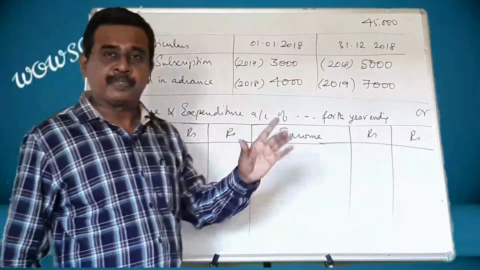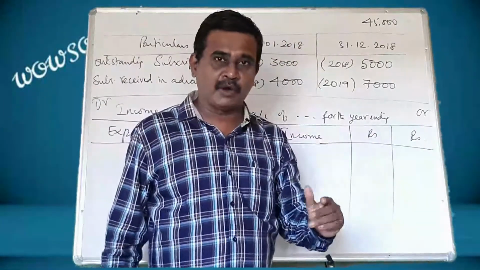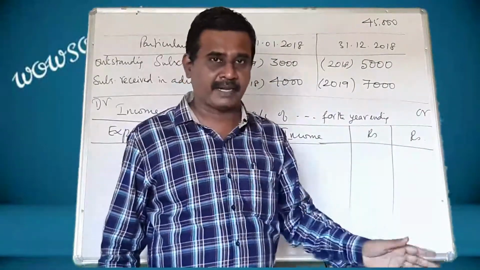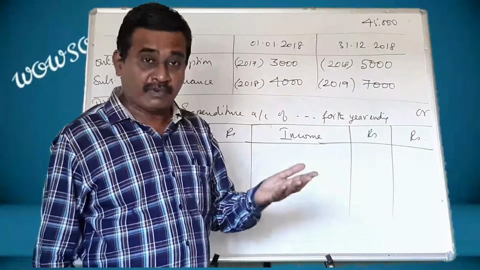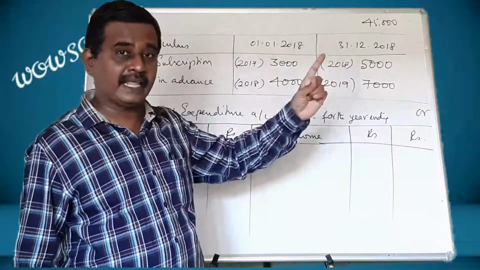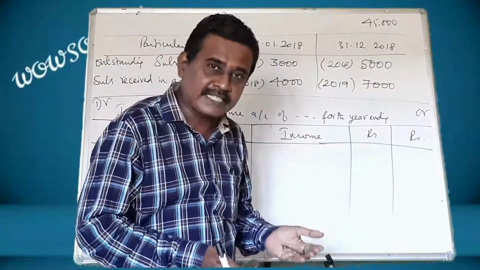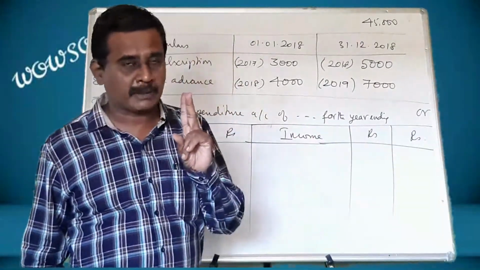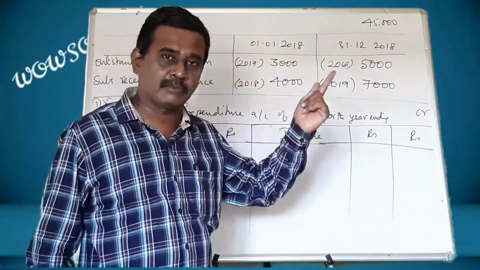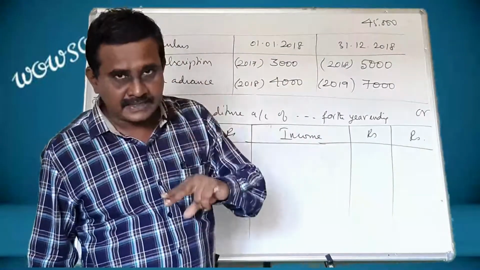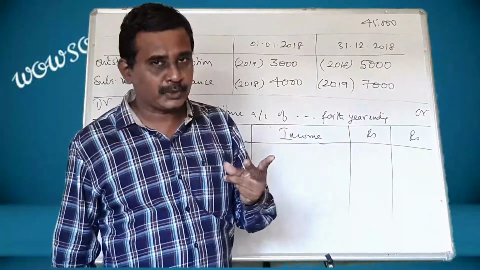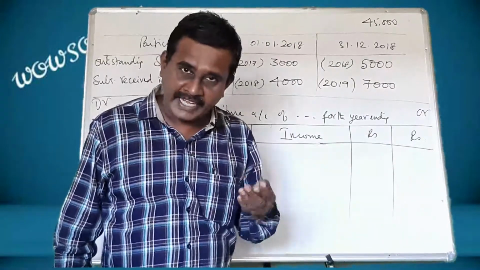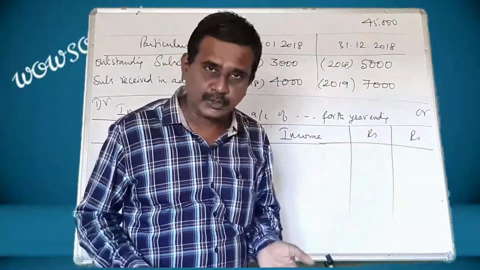What do we do here? We take the amount collected, and from that the previous year's amount will be subtracted and the next year's amount will be subtracted. For this year's amount, if it is paid earlier, that will be added. If this year's amount is still outstanding, that will also be added. We have to subtract two things: the previous year's amount and the next year's amount. Two things should be added: the outstanding amount, and any amount for this year paid earlier.